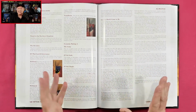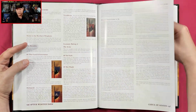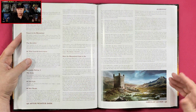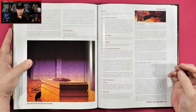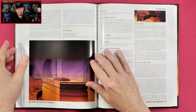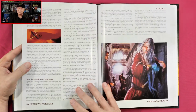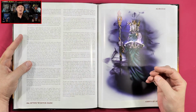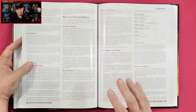It is not as detailed as, say, Harn would be. I know I have a lot of folks out there who are big Harn fans, Harn Master, Harn World, which I find to be a really interesting setting. Of course, the world of Aihrde isn't that detailed, but I'll tell you what, it gets kind of close. So if you want that level of detail for your fantasy game world, this is a